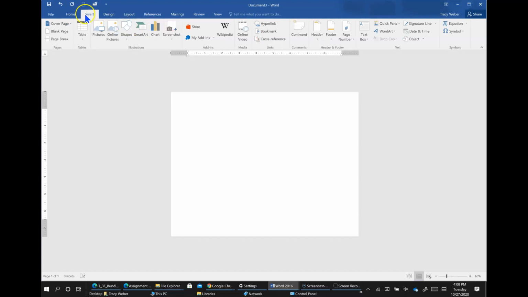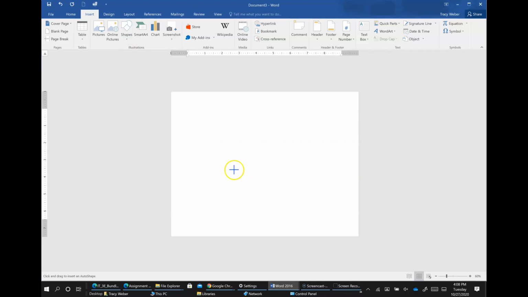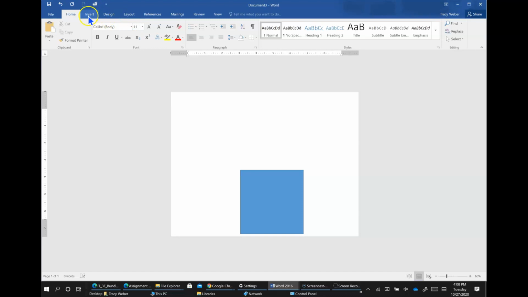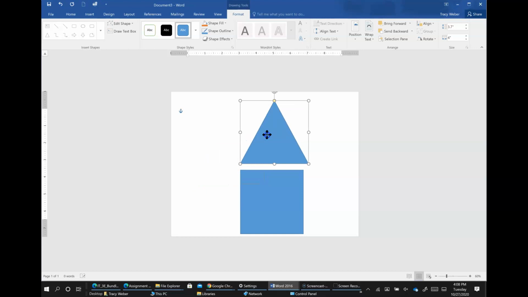house. Okay, so I'm going to go to insert, and here's all these shapes we can use. Here's shapes. I'm going to get a square, I guess, and I'm going to just click and drag here, and then I'm going to go insert, and I'm going to choose a triangle, and I'm going to draw that here, and then I'm going to move it so it's on top of there, and then I'm going to draw a sun,